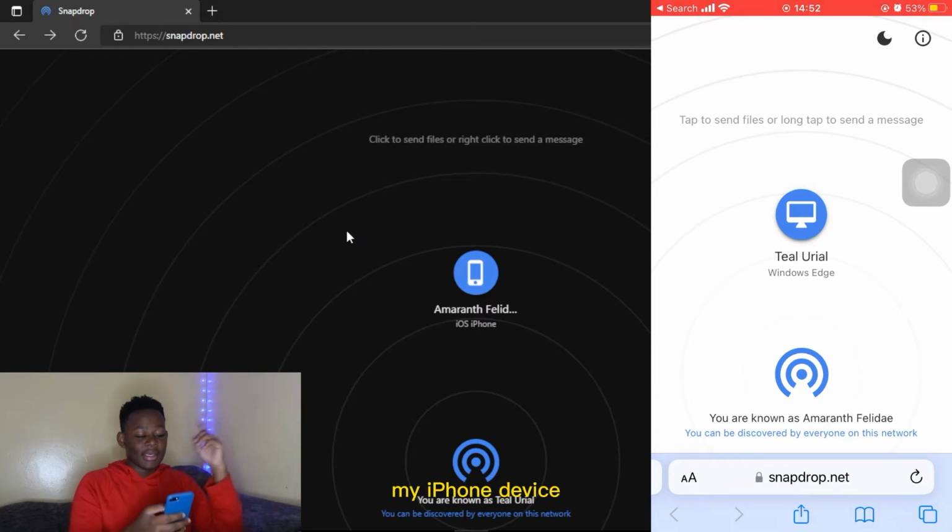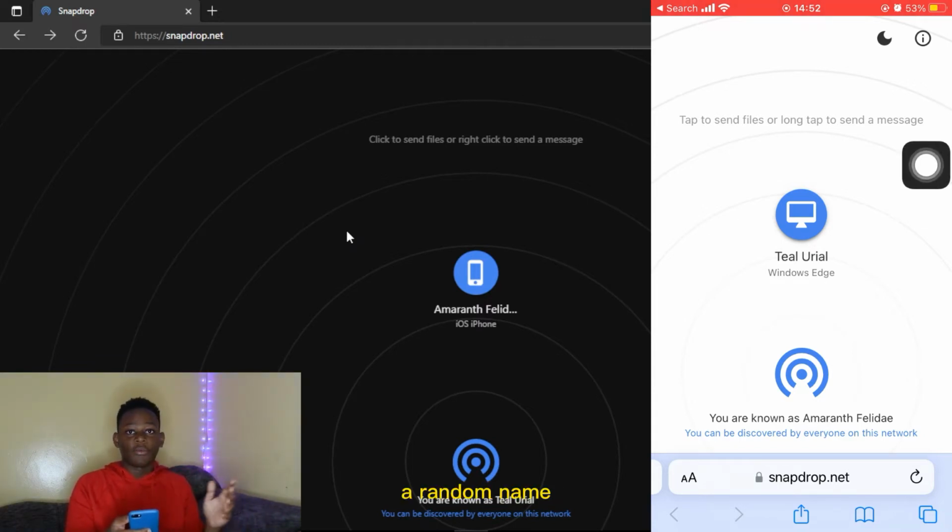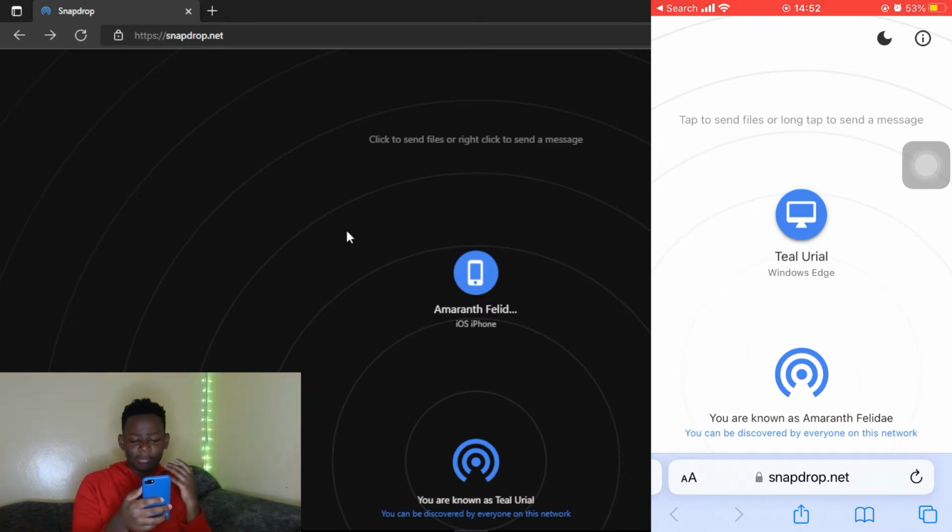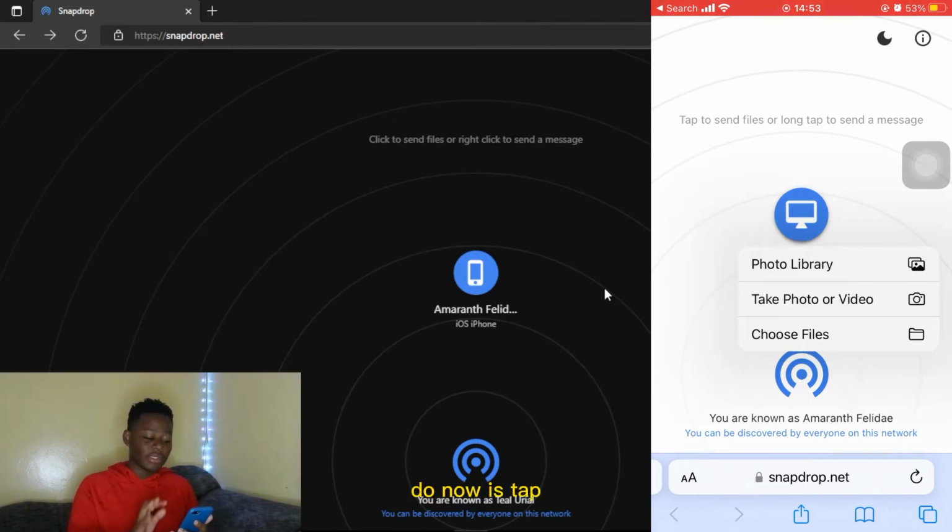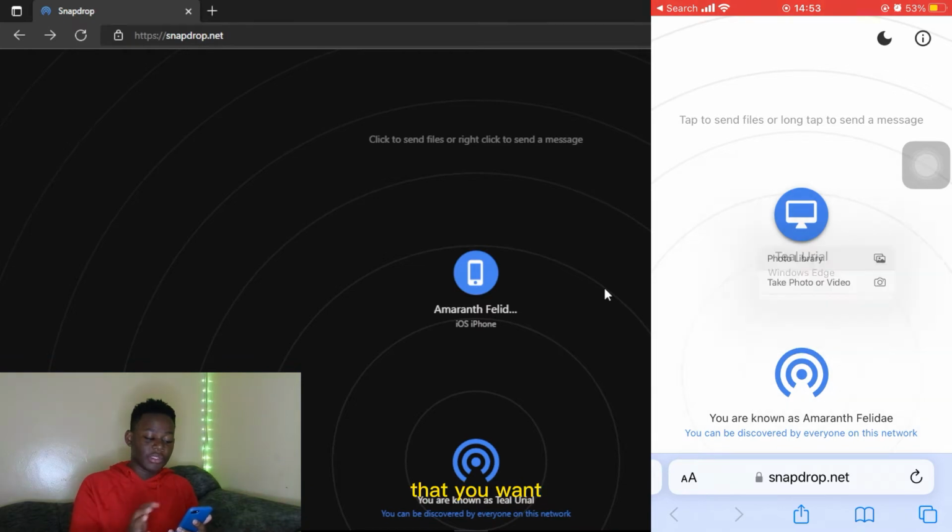and already you can see my iPhone device. And what happens is that a random name will be allocated. As you can see, my phone is called Amaranth Felidiale. Okay, the names are so random. And then my Windows PC is called Till Oriole. And then that's pretty much it. If you want to send from your phone to your Windows PC, all you have to do now is tap on your device